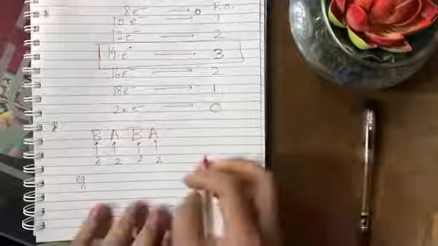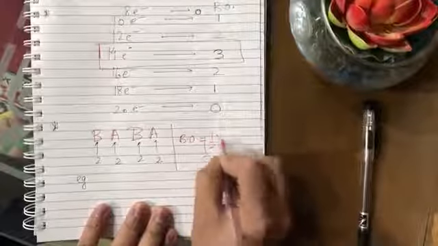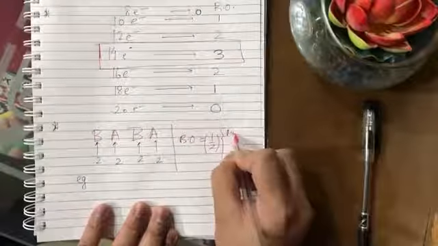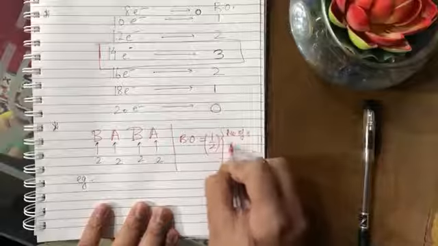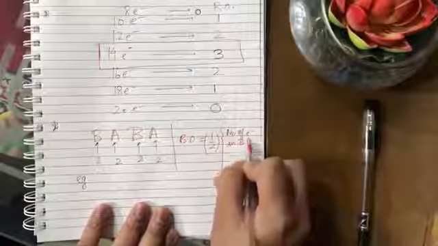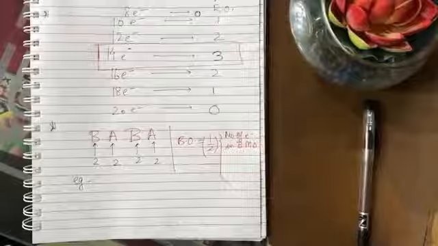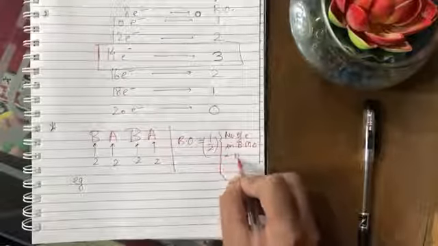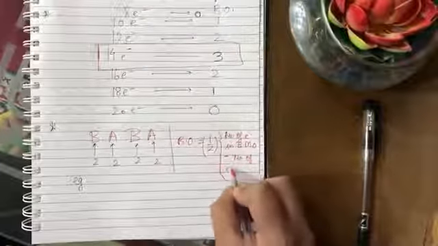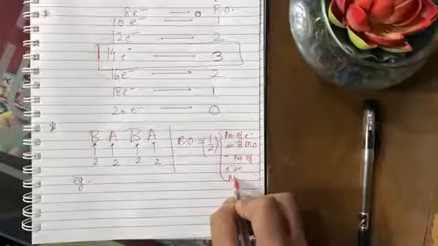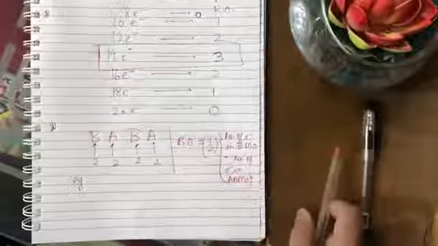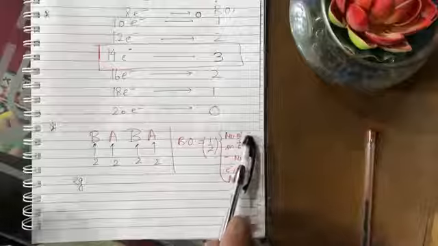So for example, the formula for bond order is equal to half into the number of electrons in the bonding molecular orbital, BMO, minus the number of electrons in the anti-bonding molecular orbital, ABMO. It is a general trick. I have just developed this as a shortcut for doing the questions.